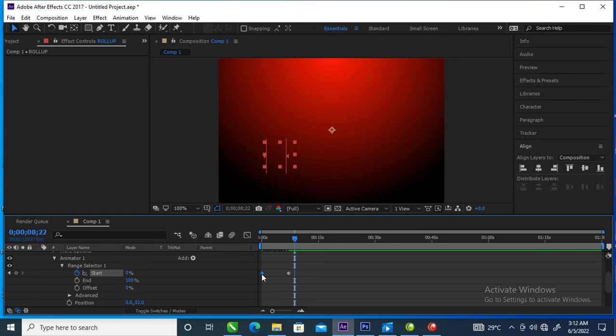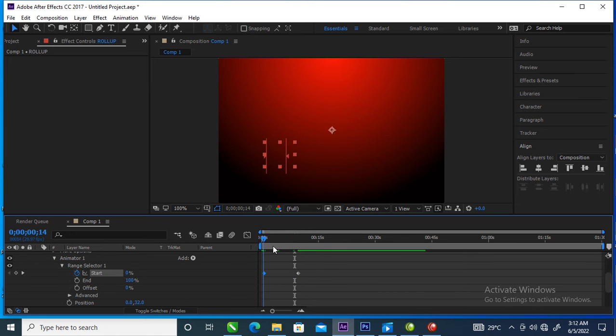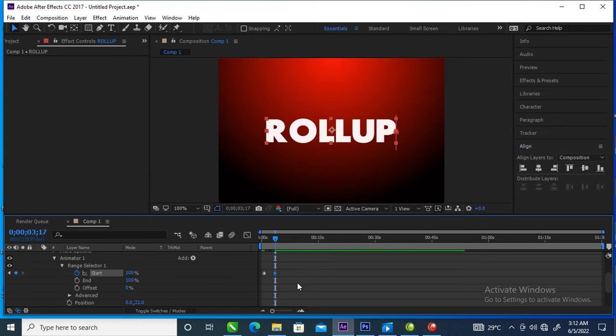So what we are going to do, this has to be at the front, then this will be at the back just like so. Good. Can you see the outcome? So the text pops out of that angle just like so. So what we are going to do next, because right now it's too fast,